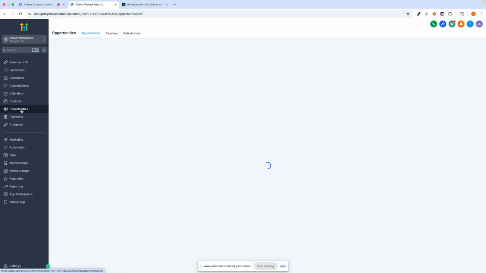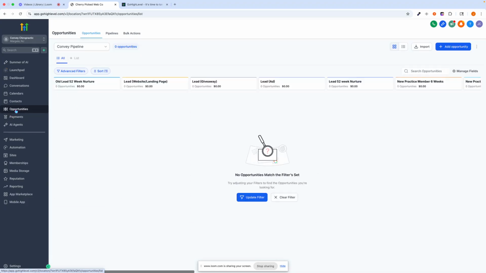The next area where you're going to be a lot is the opportunities section. So within the opportunities section, this is going to be customized for your practice, the verbiage that you use, whether you recommend care plans or you don't do care plans, however it is that you deliver care in your office, we are going to set up these different categories of the pipeline accordingly. The goal with this is to have an automated communication set up for any encounter you could have with a person in your community.